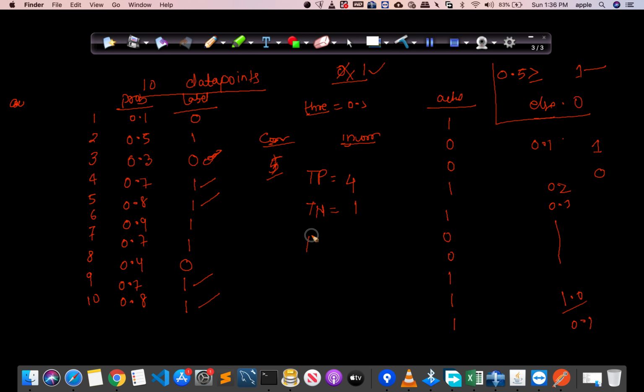So now we have to see false positive. For false positive, this should be 0 and this should be 1. Then only that will be false positive, because the actual label is negative, but what we are predicting is the positive class. Or the actual label is 0 and what we are predicting is 1. That's why this is false positive. Now see, this is 0 and this is 1, so false positive, plus this is 0, this is 0, no problem, this is 1, this is 1, this is 0 and this is 1, so again 1, and this is 0 and this is 1, so again 1. So in total there are 3 false positives.